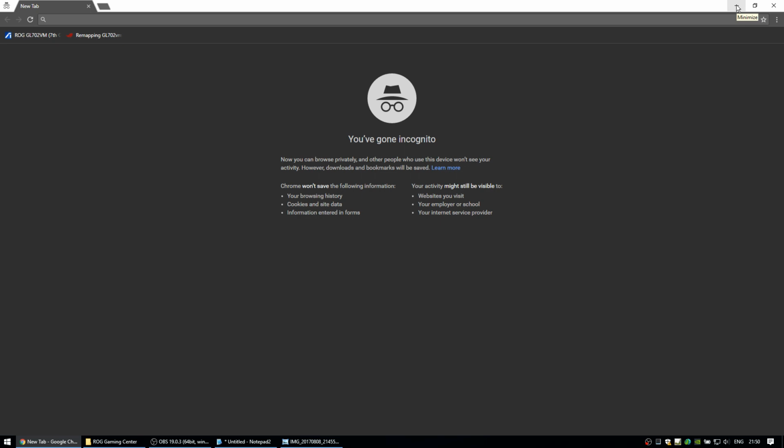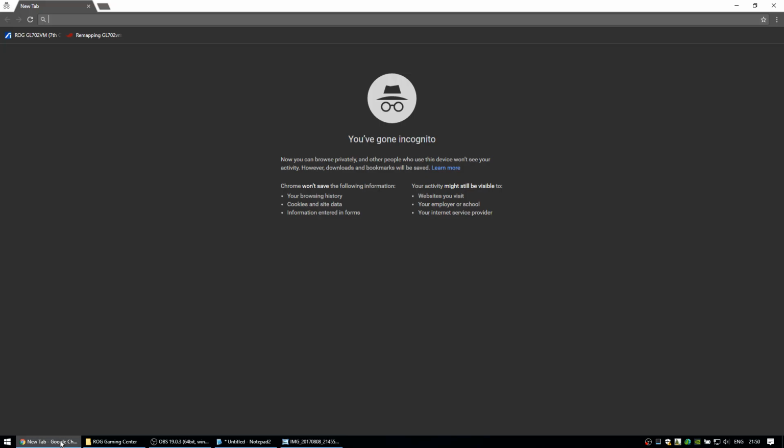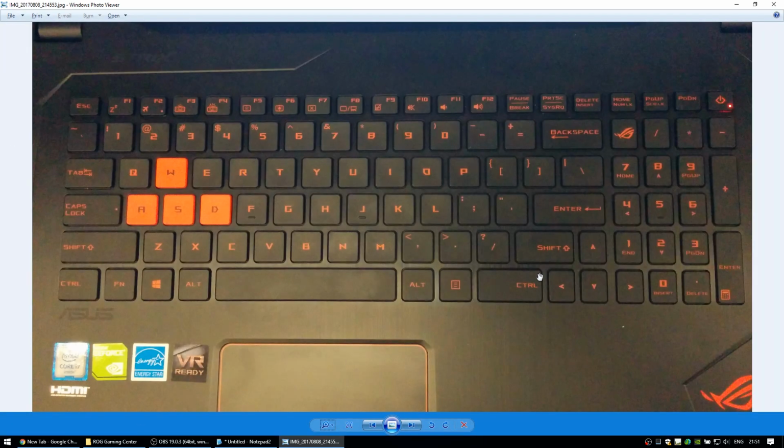Hello everyone, hopefully in this video I'm going to show you how to remap the ROG Gaming button on an ASUS ROG Republic of Gamers GL702VM, or otherwise known as GL702, where it's got a home button on the keyboard and no end button. There is an end button down in the number pad area, but to use that